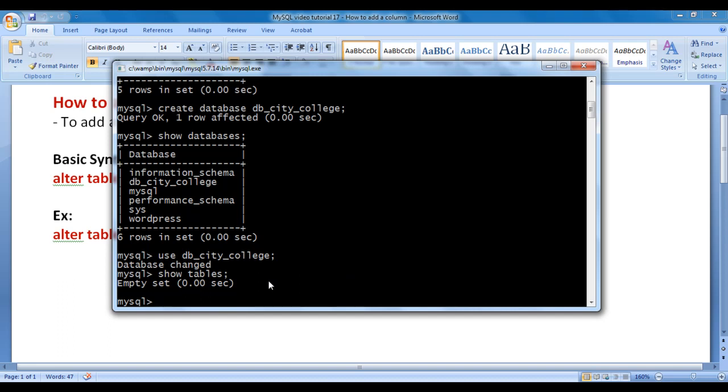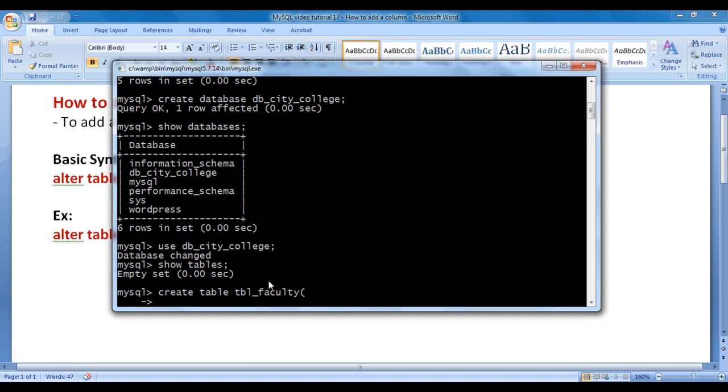Let's create a table for faculties. And how do we create a table, guys? We say create table. Then we write the table name. I say here tbl_faculty. Opening bracket, hit enter. Then we write the list of column definitions, right? Faculties are going to have an ID. So the first column is going to be named ID. Data type will be int, size will be 11. That means the ID column can have numbers containing up to 11 digits.